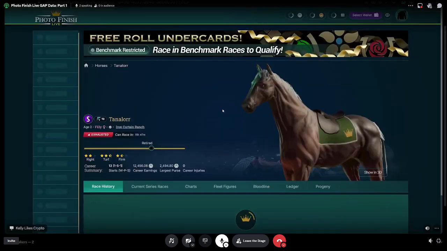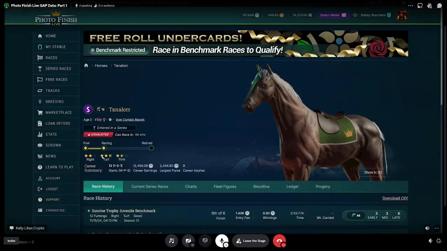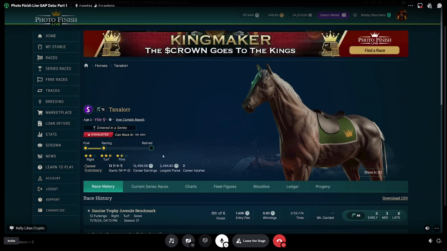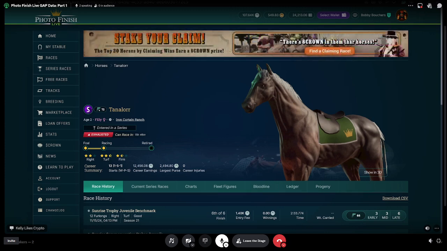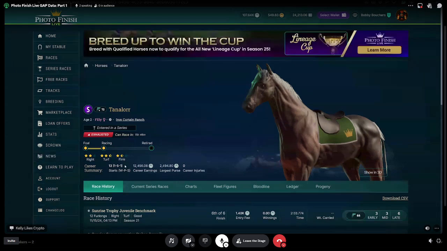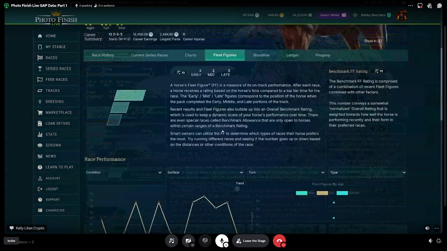When you look at this horse, it doesn't have enough stars really to compete anymore. It only has 6 stars. And really, I think to compete, you need to be about 7.5 stars, because we're in our 21st season, right? And so the smart breeders have always been trying to keep their stars. There were people trying to experiment a lot, but I think people have finally realized that now that you can't really sell your horses as easily, if you have to make race horses, you need to have stars. So I would say the horse doesn't have enough stars to keep racing, and that fleet figure of